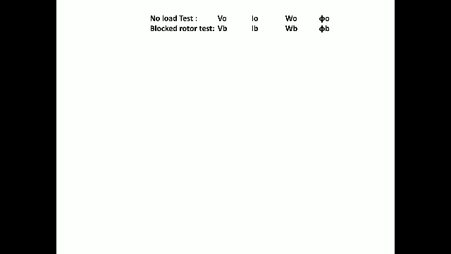Then you also need some other important data to construct the circle diagram. There are three things. One is ISN, which is the short circuit current under normal voltage. Then one more thing, WSN, the short circuit power, the input power under normal voltage. Then a third thing is the power scale. It is used to measure all the parameters in the unit of watts.